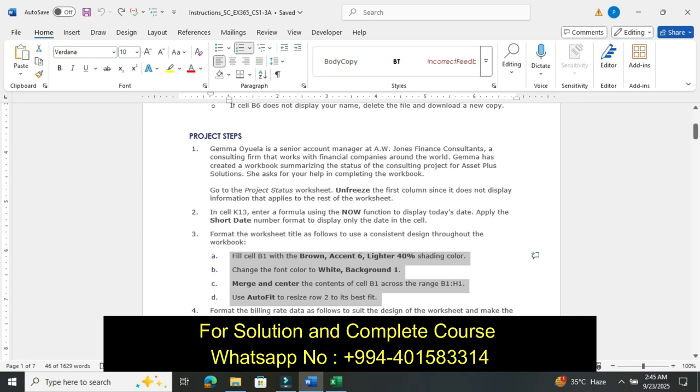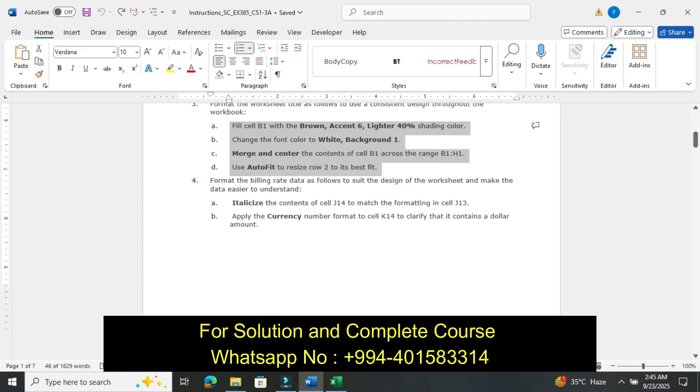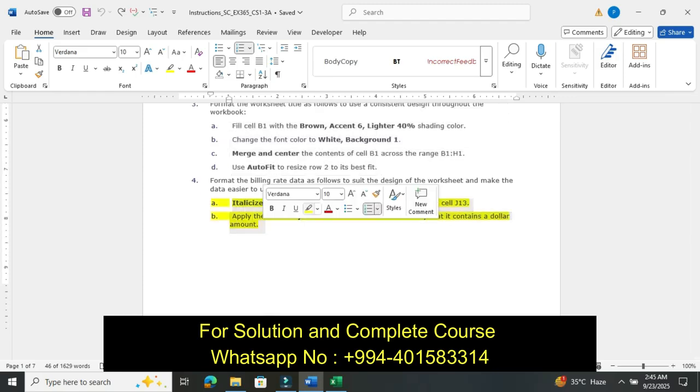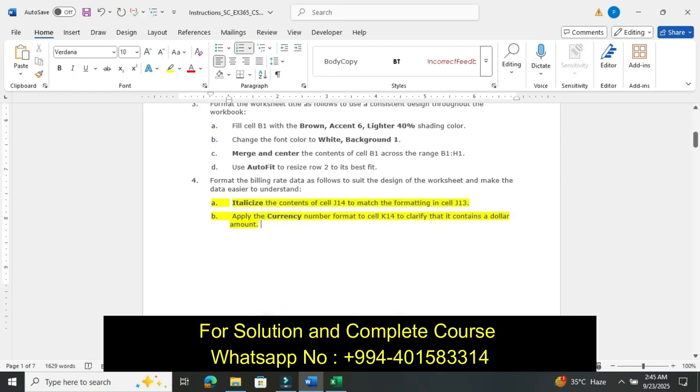Now we move to our next step, step number 4. First we highlighted step 4. Format the billing rate data as follows to suit the design of the worksheet and make the data easier to understand. Apply Accounting format to cell J14 to match the formatting in cell J13.